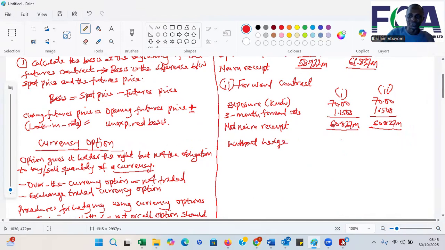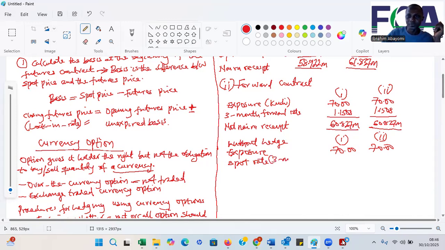If we did not hedge, we have exposure 70.00. So our spot rate, 3-month spot rate,